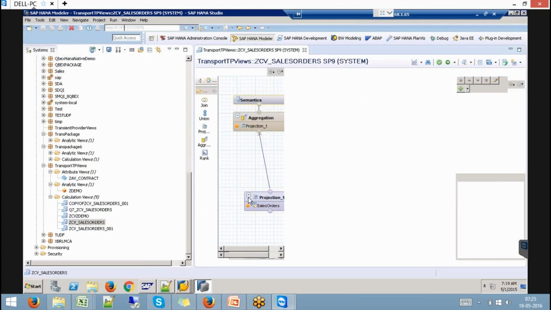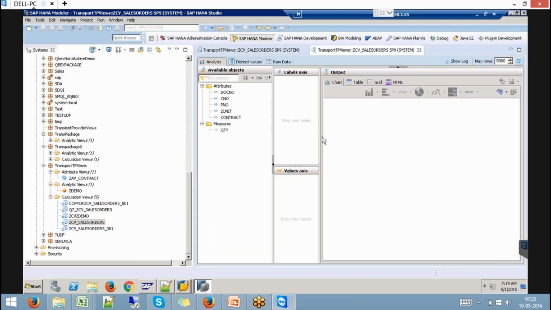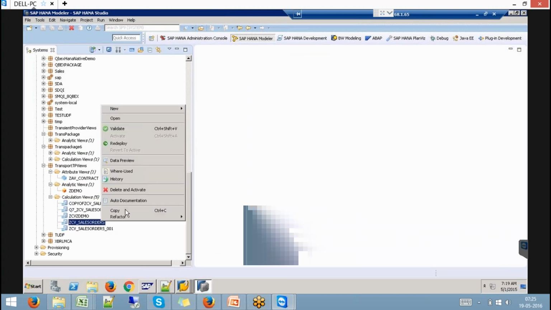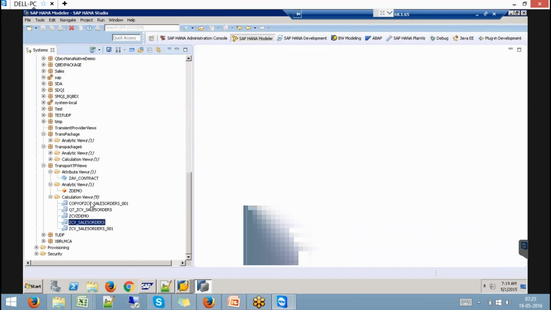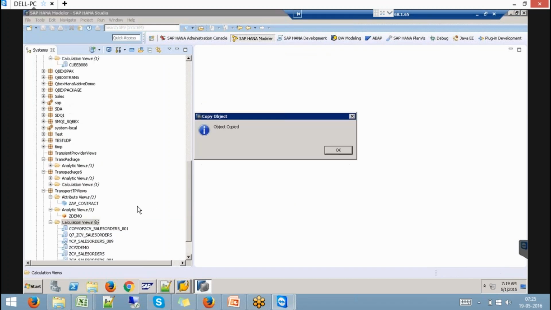Let's say, does it give data? Okay, I have this. Let's say this is my calculation view.